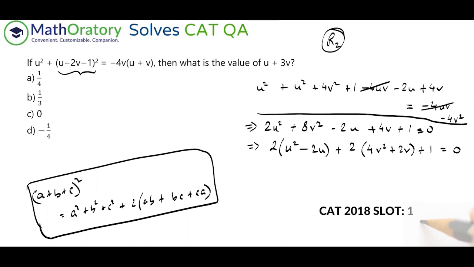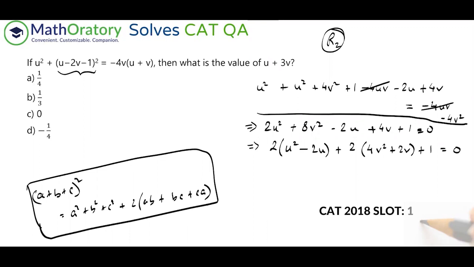See, the reason I did this is because this 4v square is a whole square, right? If I take 4 common, then I have 2v square, which is not a perfect square. I can write v root 2 whole square, but don't try to get into irrationals. Keeping them rational will always help you to calculate less. So keep it in this way. So make whole squares.